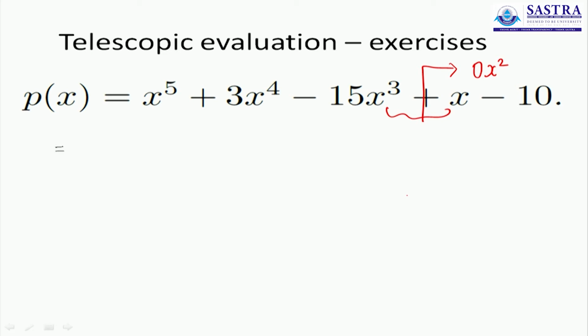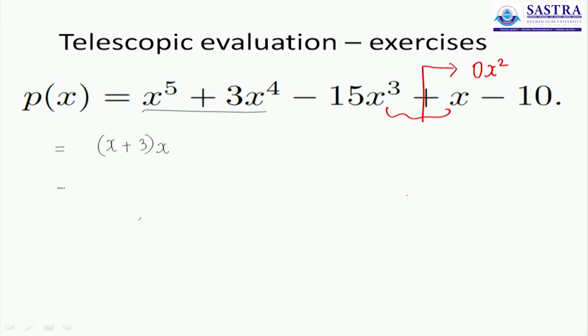So to do that, I'll first start with an x plus 3. If I begin with an x plus 3, that takes care of these two terms. X power 5 has a coefficient of 1, so it is 1x. X power 4 has a coefficient of 3, so it is just 3. But to increase the powers step by step gradually, you will multiply them with an x outside. First step, you're going to end up with only x square plus 3x. But that's not what we have. We have an x power 5, an x power 4 and an x cube.